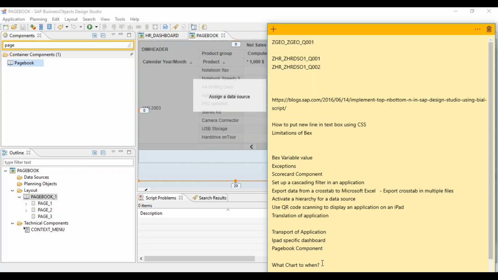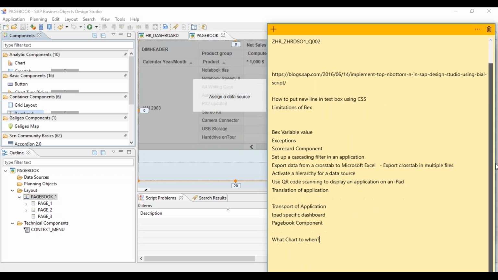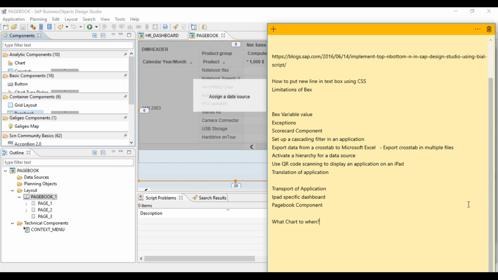I have one diagram for this showing where to use what kind of chart. I need to find it, and I'll share it with you. The simple ones are really easy, we can just plug in data and get the result. But there are some complex components, like waterfall, so I need to know about that. Okay, fine. Let me find the document which I have, and I'll share it with you guys.